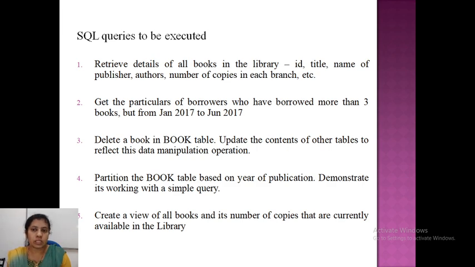Okay, between Jan 2017 and June 2017. So like that you can put the condition in the where clause. Okay, now we'll see how we can execute this using SQL queries.